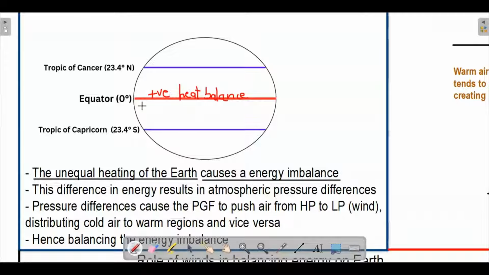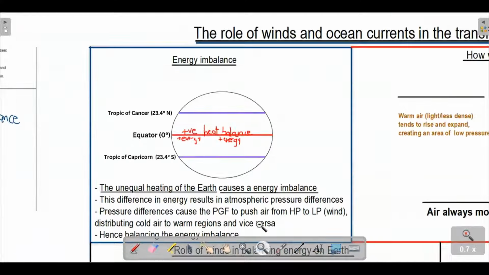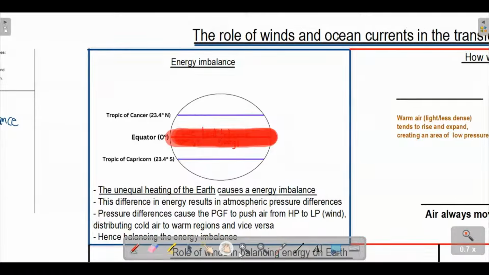A lot of energy is received because the equator receives most of the insolation throughout the year. I even highlighted the equator with the color red to emphasize that there's a lot of energy gained there. So we have a positive heat balance at the equator, and then we have a negative heat balance